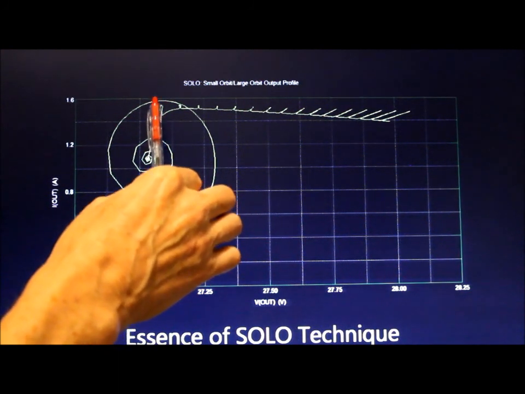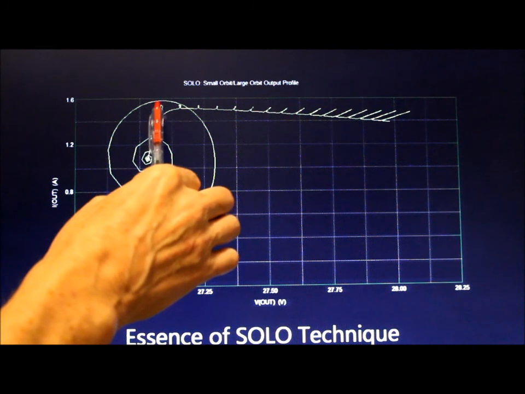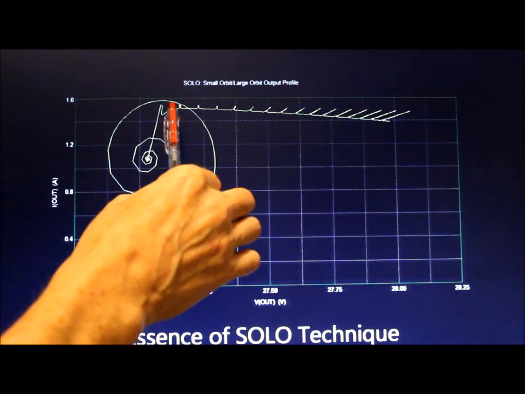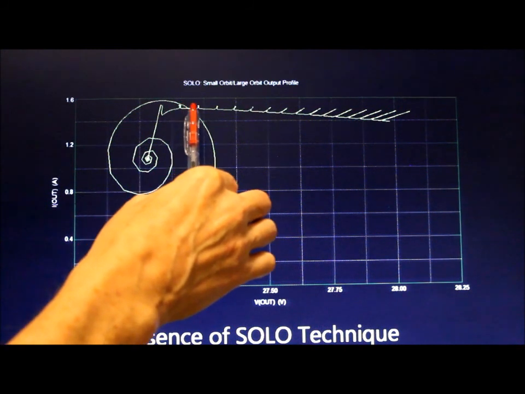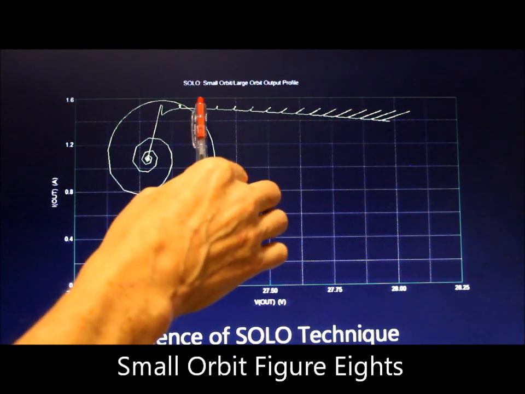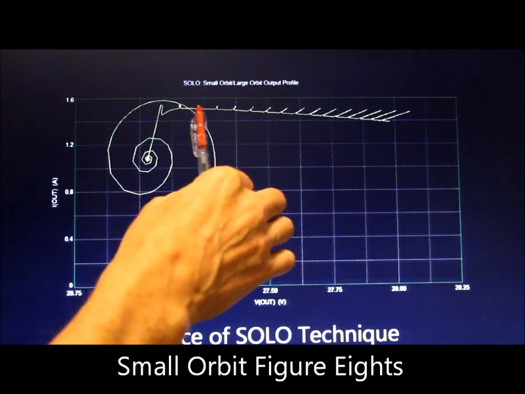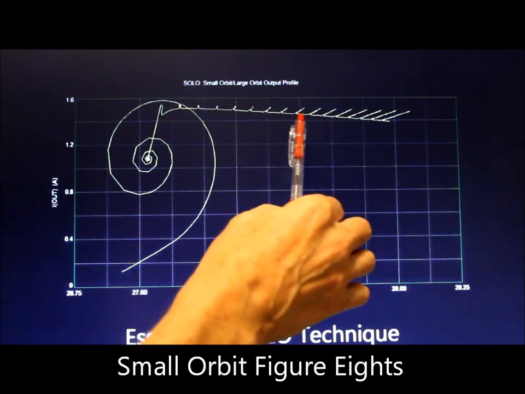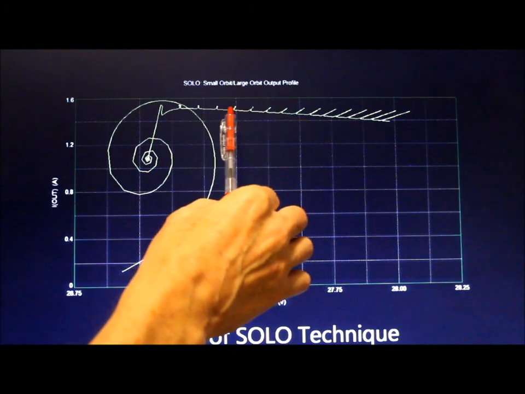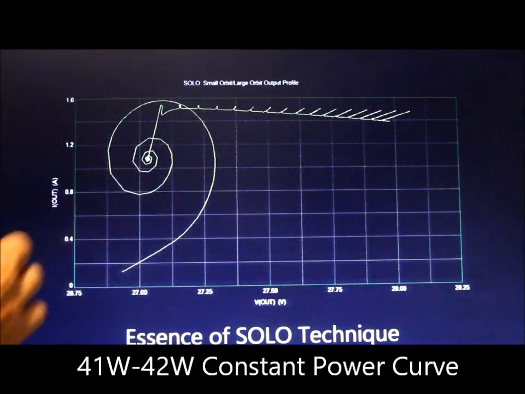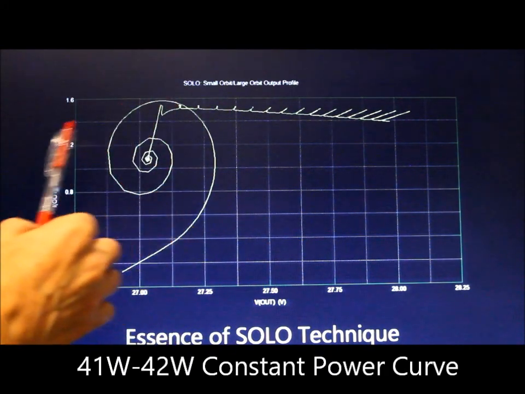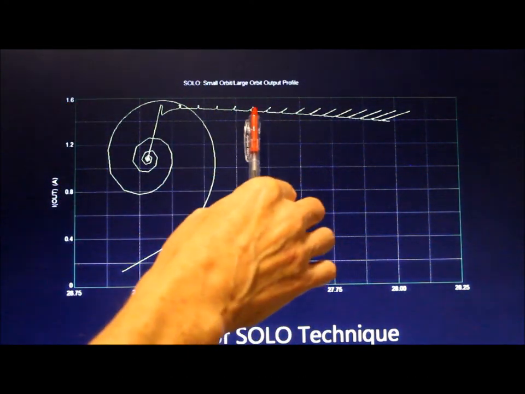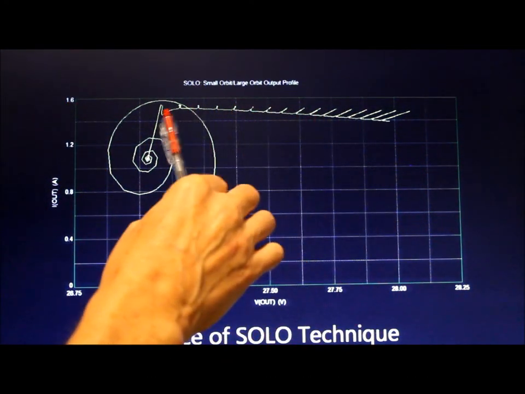This solution from the large orbit scan is now handed to the small orbit controller, and the small orbit controller starts doing these small little deviations. These are really little figure-8 orbits all along the power curve shown here. This power curve is constant power, 41, 42 watts, which would be the input from the solar array. You can compute the product of the current and voltage along this baseline anywhere along here, and it'll be 41